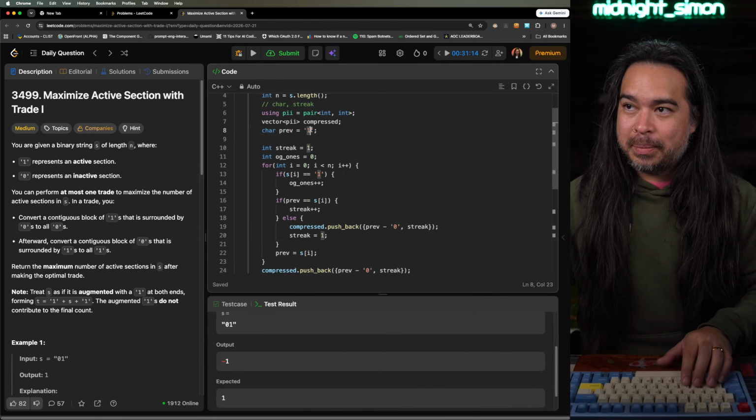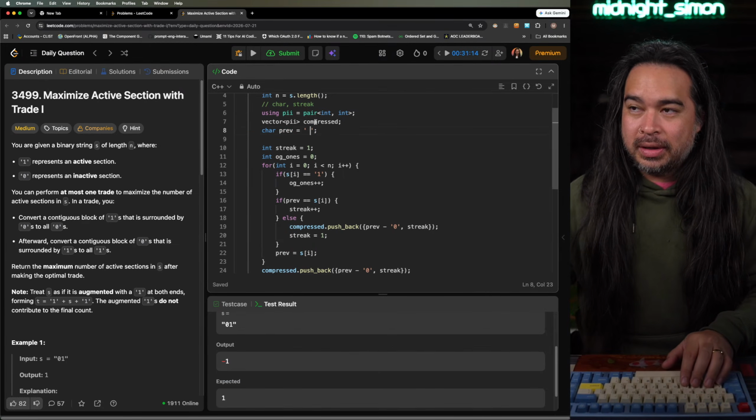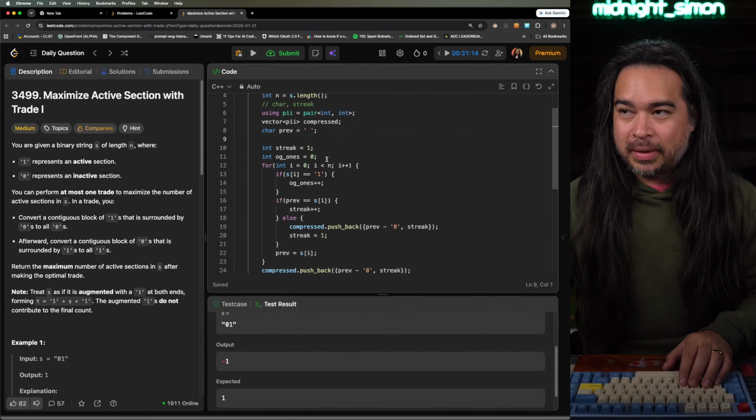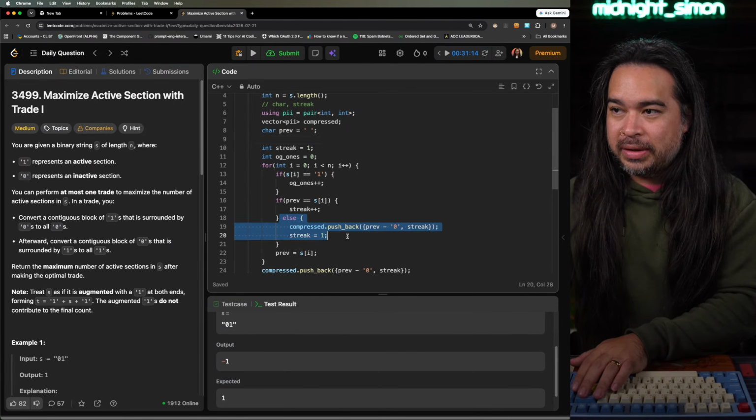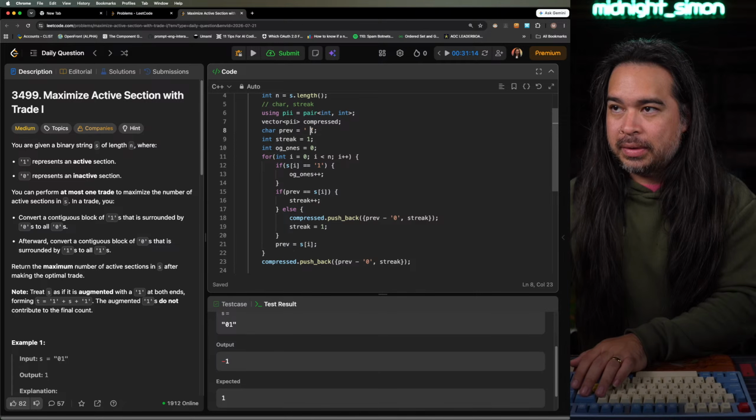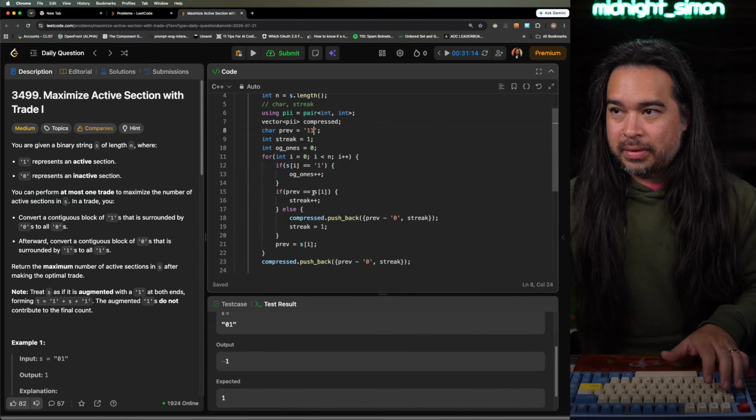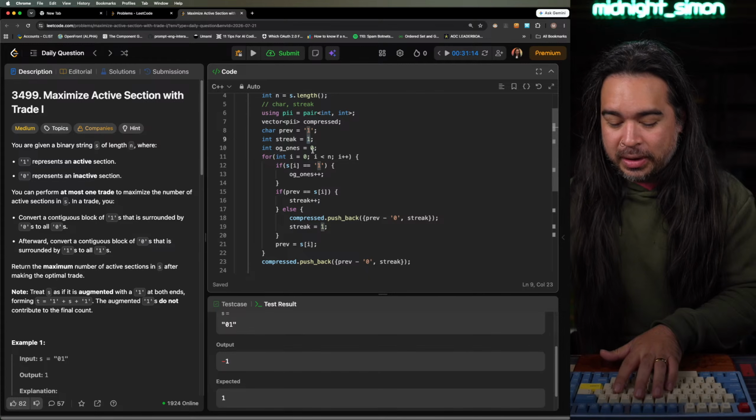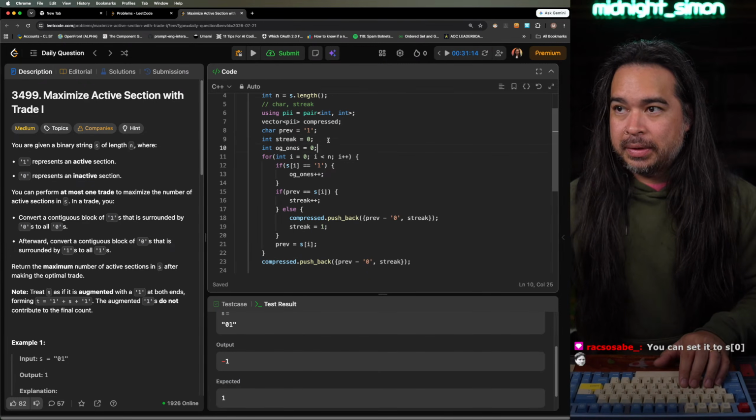Actually, I'm gonna set that previous to something that will trigger the else, or trigger the regular if, and I start my streak at 0. So if it's 1, it will be a 1 here, or if the first character is 0,